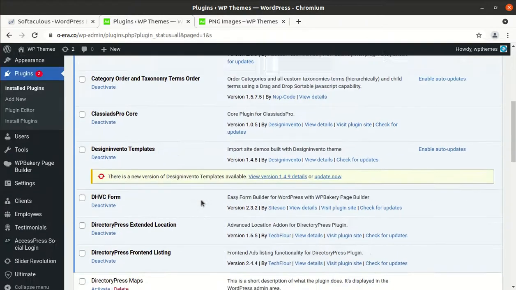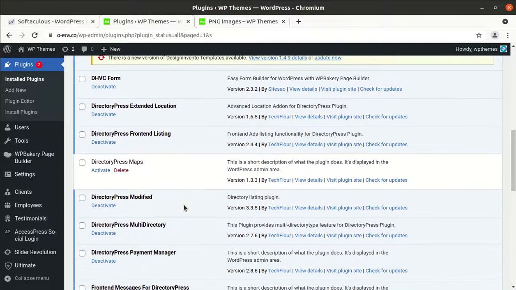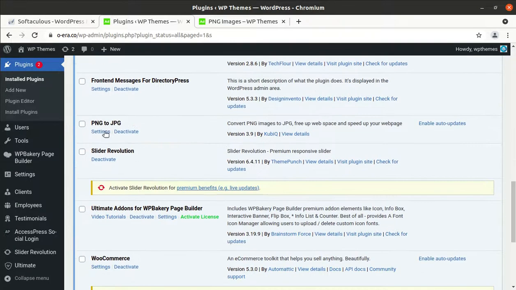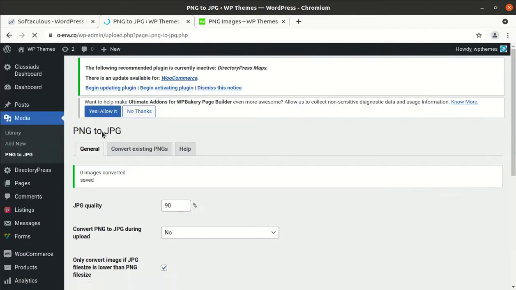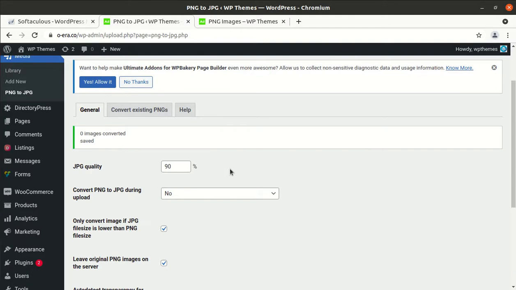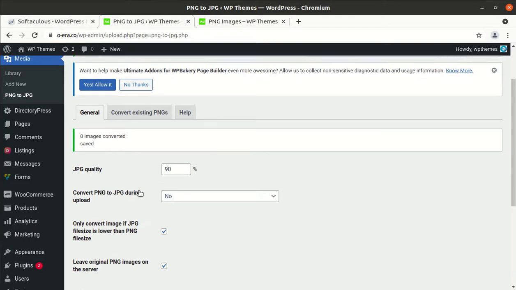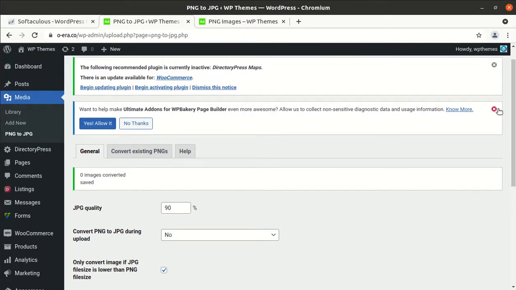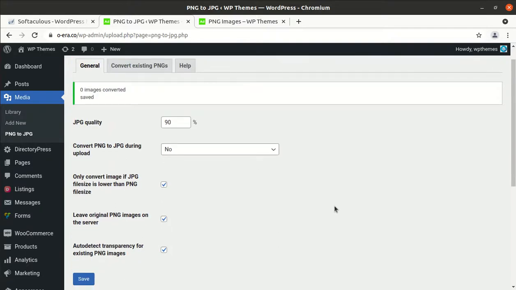Okay, so let us go to the settings of this plugin, and now I am going to explain the wonderful thing about this plugin.